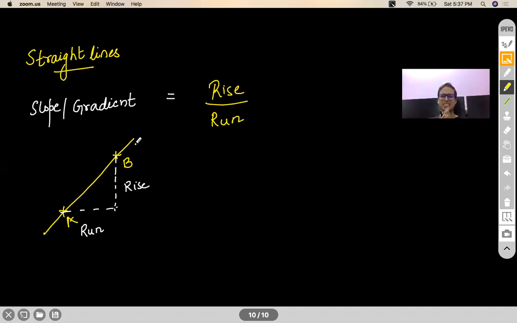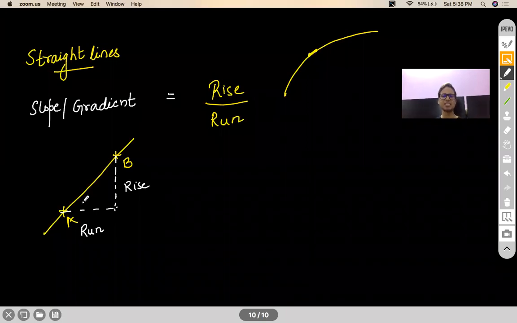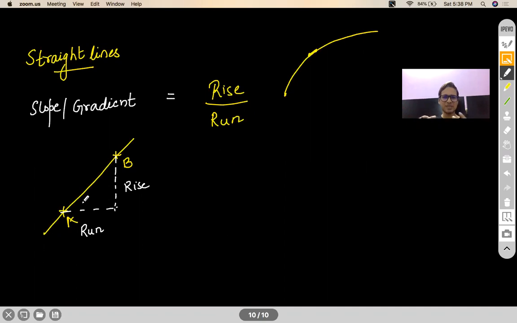Okay, so the difference between what we did in derivatives and what we are going to do now is that when we were talking about the curve, the 2 points that we took in order to connect them had an infinitesimally small gap between them. That means they were very close to each other, in the neighborhood of each other. Here, A and B need not be in the neighborhood. They may be quite far apart. But when we're talking about a linear figure, it doesn't matter which 2 points you take, the ratio of rise by run will always be fixed for that particular line. That is a very basic characteristic of a straight line, right?